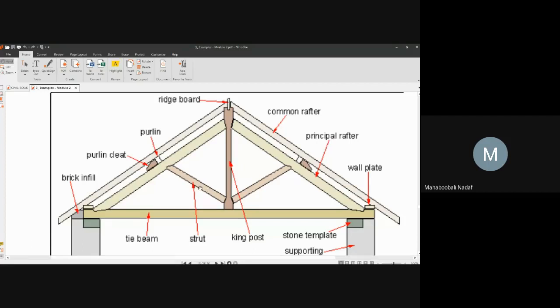Now this is a typical truss diagram. I think this has been discussed in third semester in building material construction. That roof truss we have discussed. I have taken the same truss diagram because if you understand the components, how they are arranged in the cross section, longitudinal section and a three-dimensional example, then we can easily assess the different members given in the question which we are going to solve now. This is your basic part.